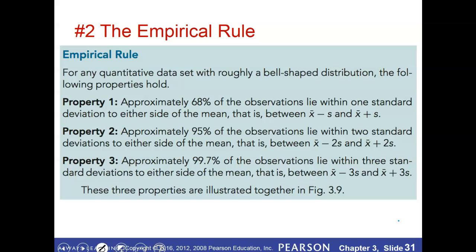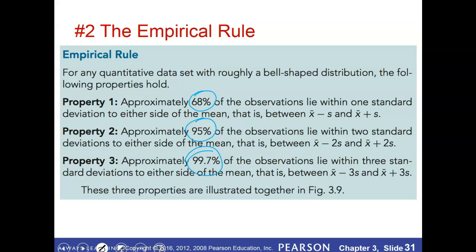There's a more recent rule, and probably a more popular rule, called the empirical rule. The empirical rule, these are things you're going to have to memorize. There are 3 percents that we're just going to have to remember. The first one is that 68% of the data is going to be within 1 standard deviation of the mean. 95% would be within 2 standard deviations of the mean, and 99.7% would be within 3 standard deviations of the